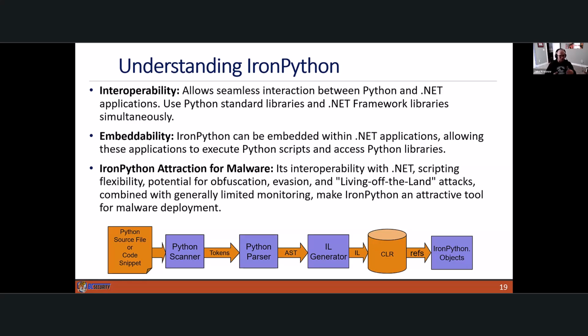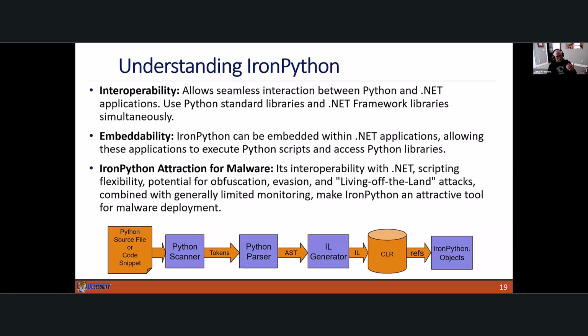And the reason that it's attractive from an offensive security malware development standpoint is that interoperability gives us all the advantages of traditional .NET, and allows us to do a lot of the quote unquote living off the land stuff, because we can run from languages that are already installed on the computer. But it provides us an interactive tool that is not really monitored by any security solutions. And we'll talk about this more at the end, but this isn't just a simple matter of